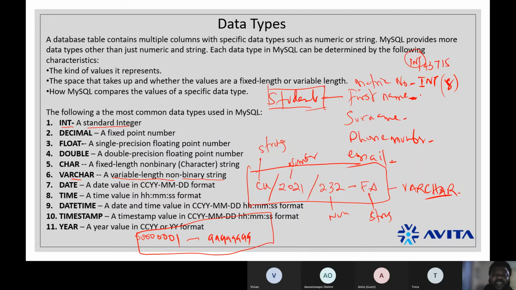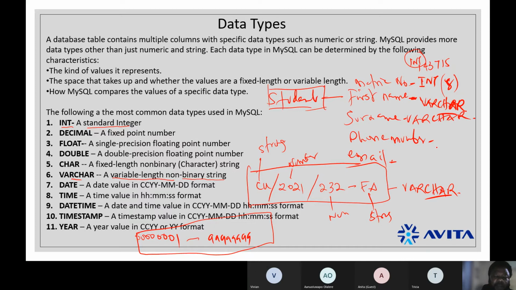Right? So then first name will be varchar2. Right? Will be varchar, sorry. Will be varchar, because why? It contains variable length characters. When we talk about variable length character, also just know that you're talking about strings, numbers, and alphanumeric characters, right? So that's variable length, varchar. Surname would be the same, variable length, varchar,